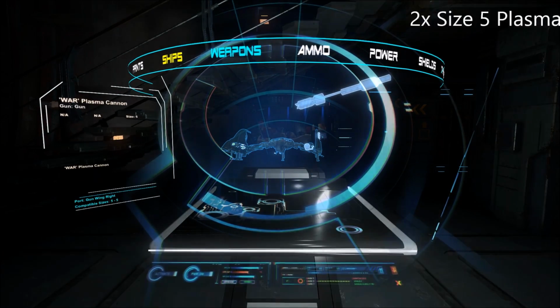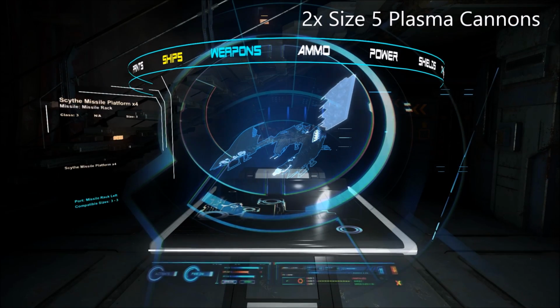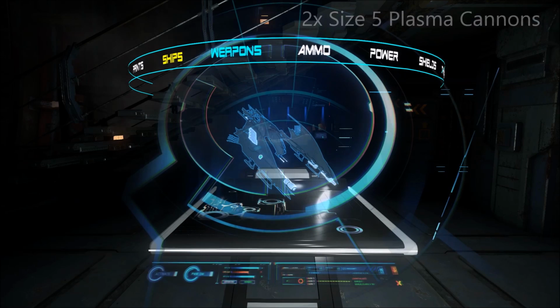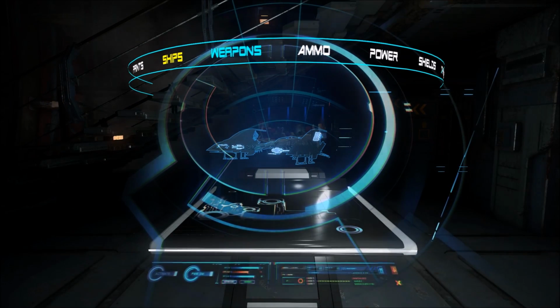It's also got those 2 large size 5 plasma cannons, 1 on each wing, and 8 size 1 heat-seeking Vanduul missiles, those cool little needle missiles, which I quite like. But anyway,